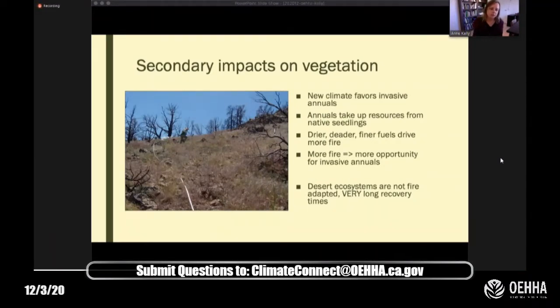We see grasses like brome and schismus spreading widely across many parts of California deserts. These grasses grow a carpet where there would have been bare ground and shrubs spaced far apart. So these grasses then provide fine, continuous fuels to carry fire across landscapes that weren't adapted to fire.